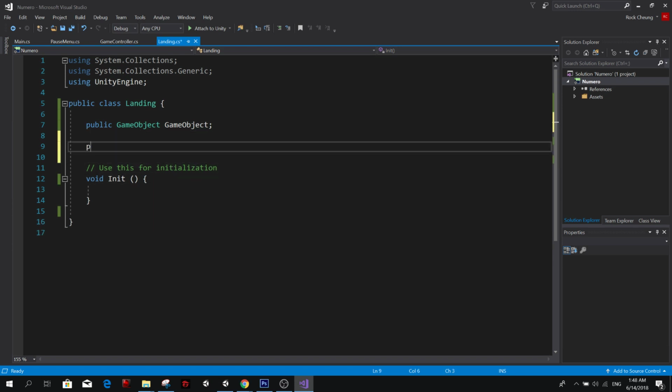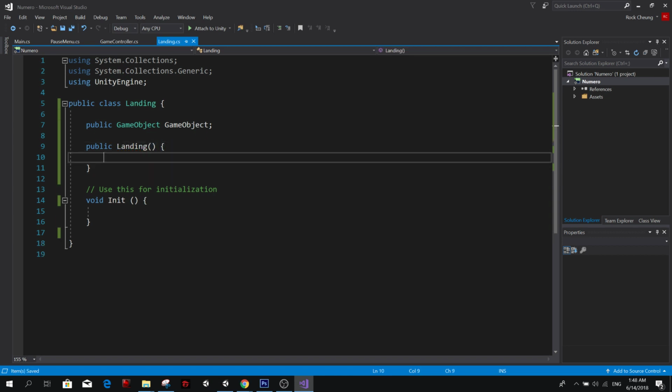I'm just gonna make it a constructor because I want to show you guys constructors in case you didn't know what a constructor is. It's a function that is called whenever you create an object from a class. So public landing. So game object equals, that's gonna be a problem.